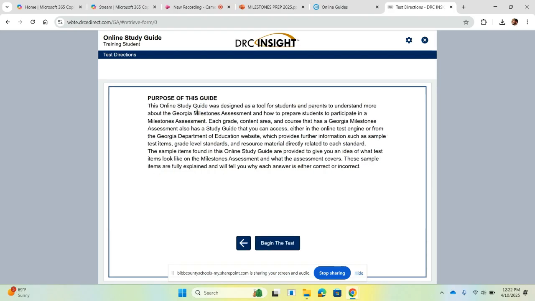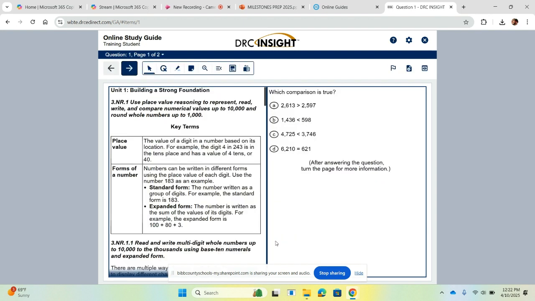The purpose of this guide was designed as a tool for students and parents to understand more about the Georgia Milestones Assessment. So let's begin the test, and so I can walk you through what they're going to look like. So the Unit 1, building a strong foundation. Use place value reasoning. And this will tell you the unit that the state has put this in. And then it'll also give you the standards. So 3rd grade, numbers and reasoning. Unit 1, use place value reasoning to represent, read, write, and compare numerical values up to 10,000 and round whole numbers up to 1,000. It also gives the students the key terms they need to be familiar with. Place value. This is something that